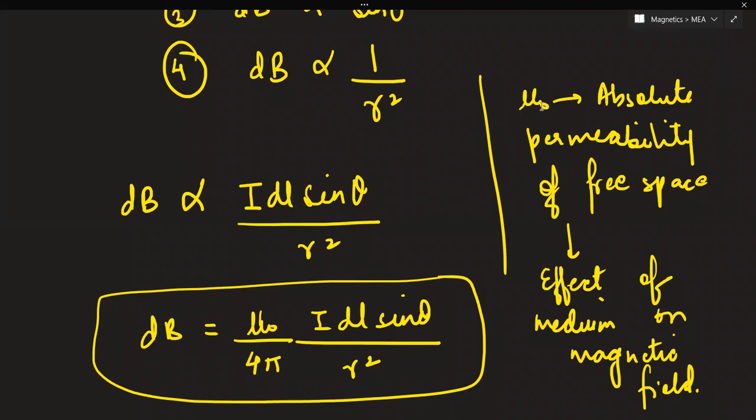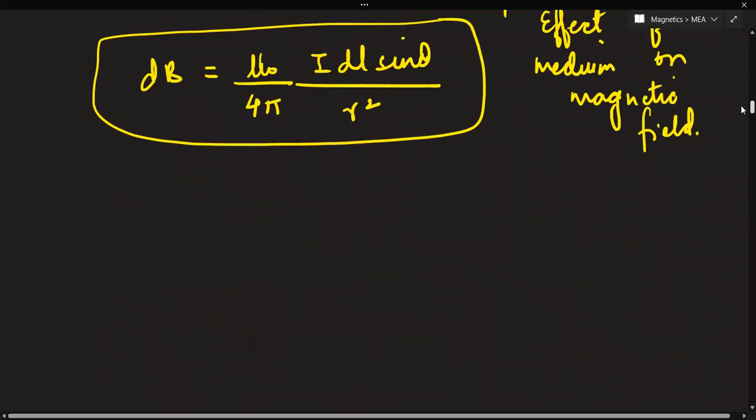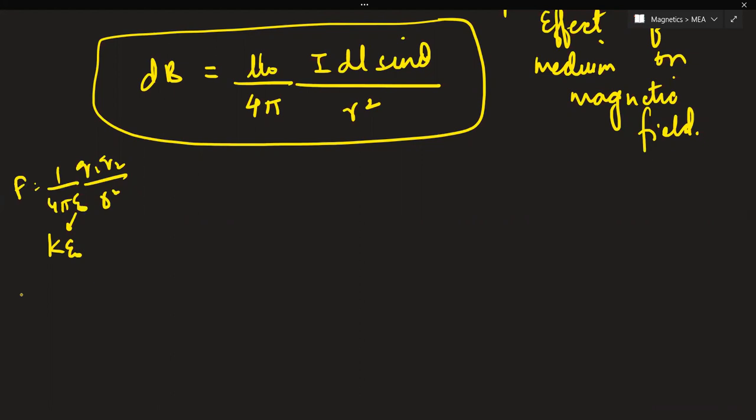Now, when we were discussing electric force in Coulomb's law, if the medium was air, we used to keep epsilon naught. Remember, 1 over 4 pi epsilon naught, Q1 Q2 divided by r square. But as soon as the medium changed, we multiplied by K, whatever the dielectric constant of the medium was, K equal to 2, 3, 4. In capacitance also, we had seen the dielectric constant. So here, in case of